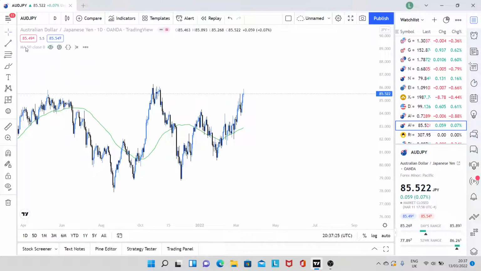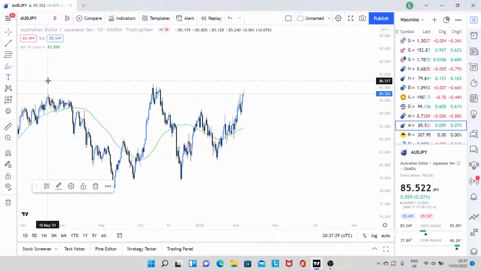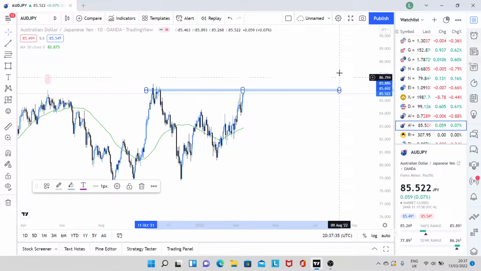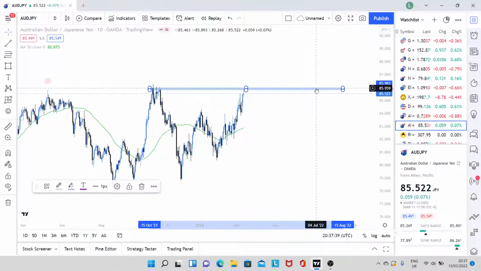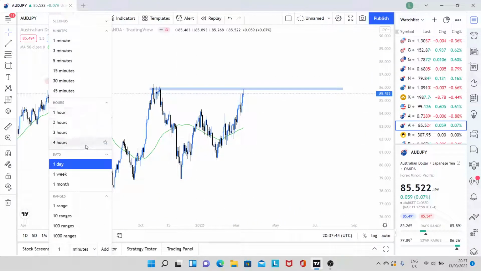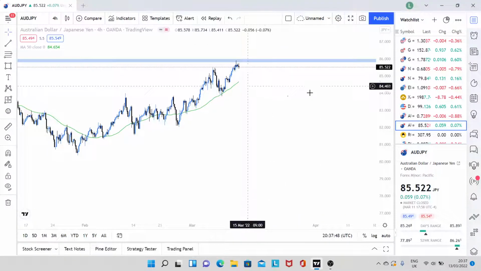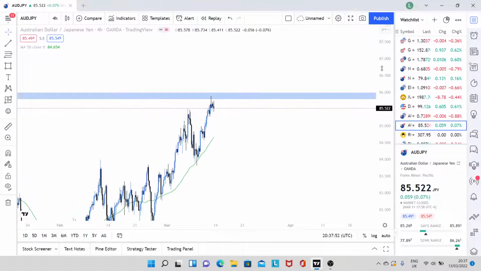So the one zone that stands out to me on the daily time frame is the swing highs here. So we got that. We've had a bit of interaction at these swing highs, as you can see right here. We've pinned straight away, but I do think we're still bullish on this pair. We're going to see some consolidation now. I would ideally like to see a push down to here and then a continuation.